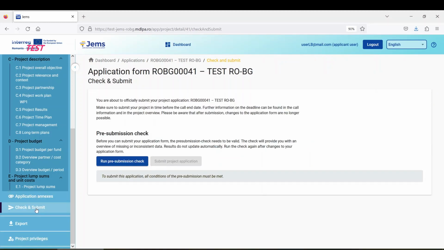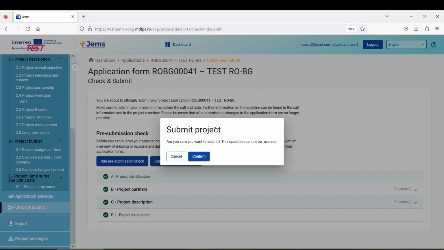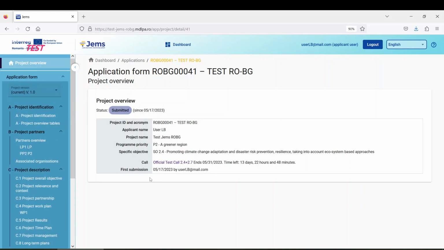So we're going back to check and submit. We have to run the pre-submission check again. You can see that no issues were identified by the system, and I can click on submit project application. The system asks me again if I'm sure to submit it, because this operation cannot be reversed. So once you submit the application, you can no longer modify it. If you're absolutely sure you want to submit it, click confirm, and the system automatically sends me to the project overview, which I have here